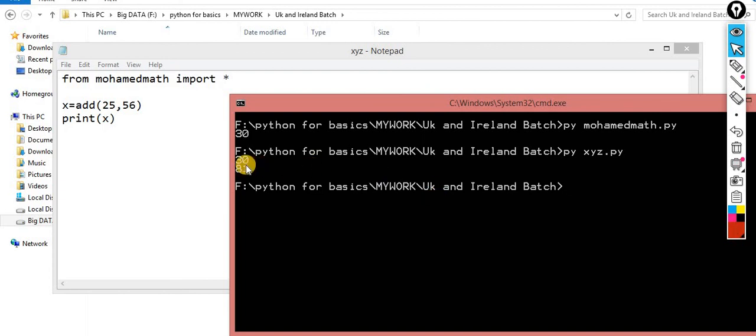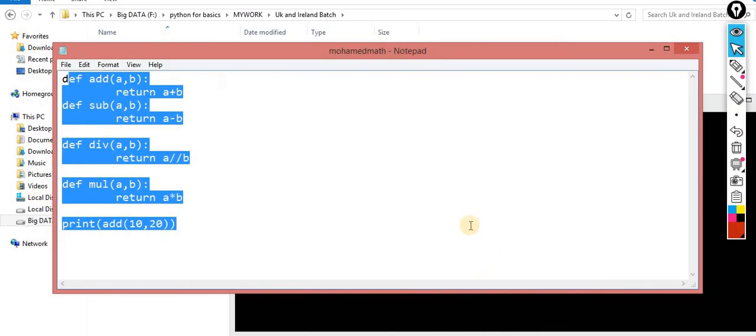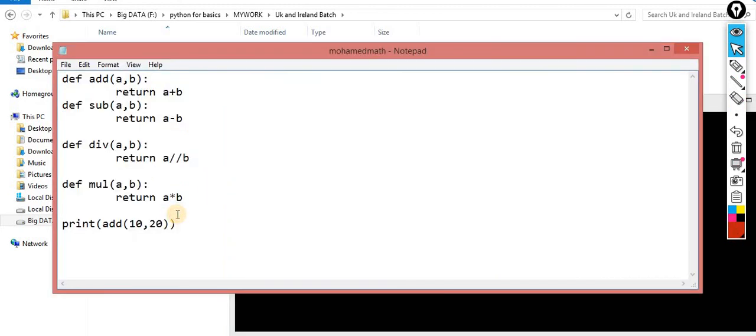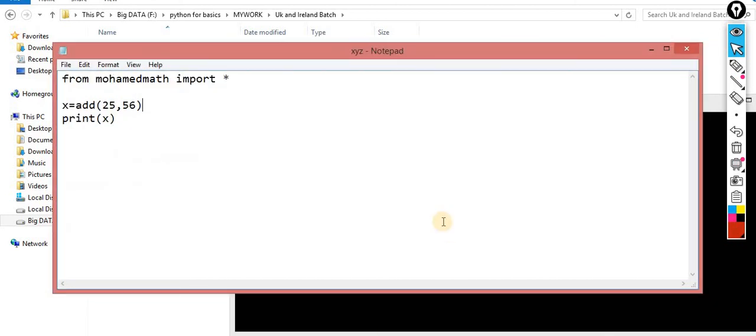How am I getting this 30? Can you please tell me why I am getting this 30? Why is this 30 appearing? Because I call this XYZ this time. Can anybody tell me why this 30 is coming? Because I call this XYZ, and inside XYZ there is the math module, and I import that module, and it is printing 30. Why? Can anyone tell me this? Any suggestion from your side? Please explain.